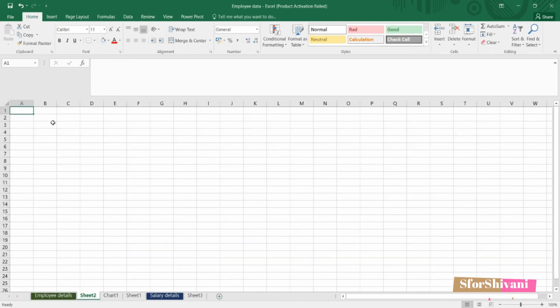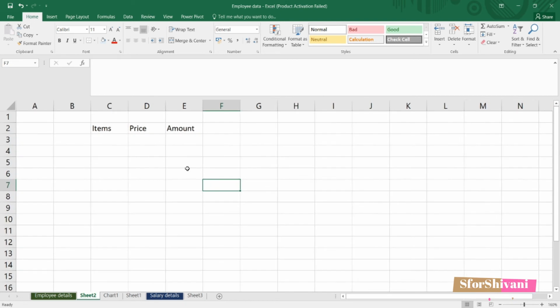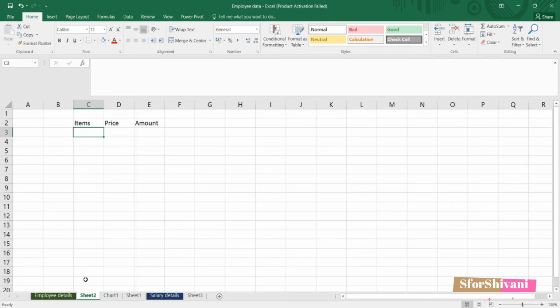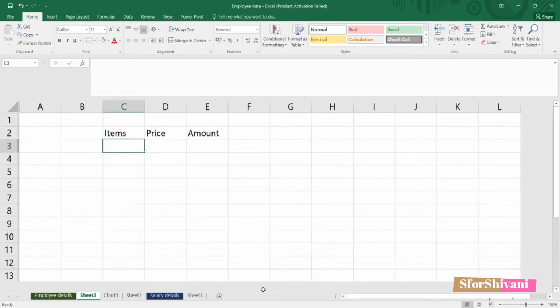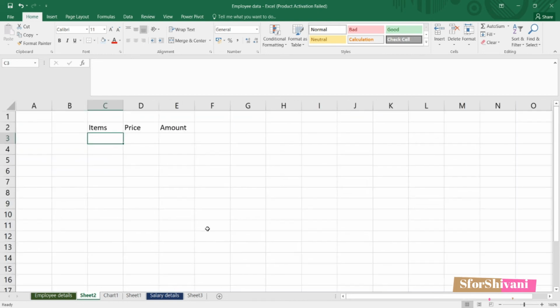Now let me open another sheet. I am typing some data here. Let's say items, price and amount. Increase the size a bit. You can also press the Control key and use the mouse to zoom in and zoom out.